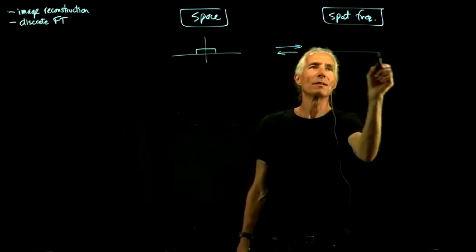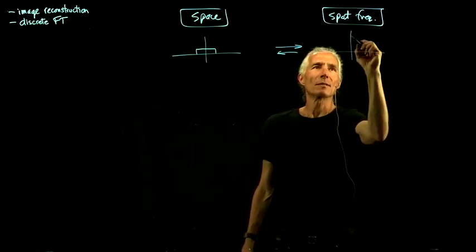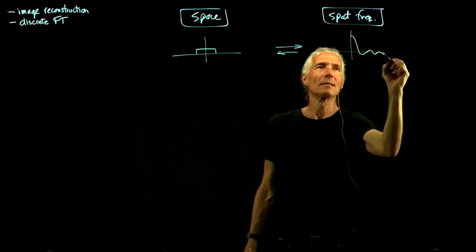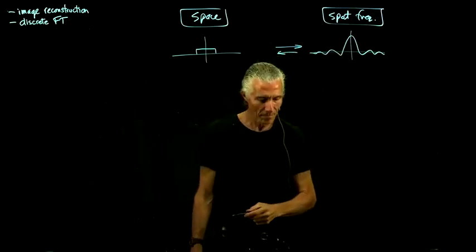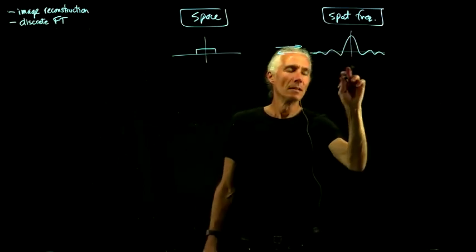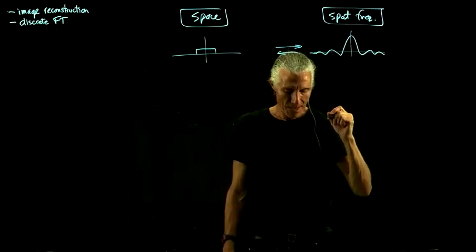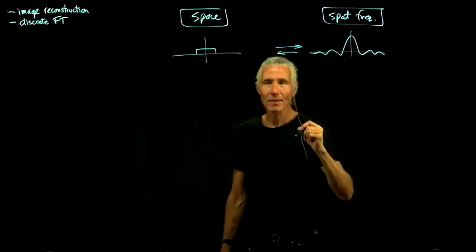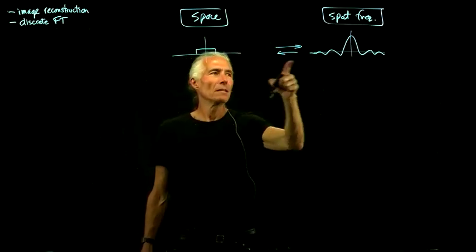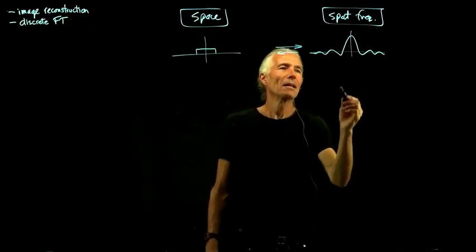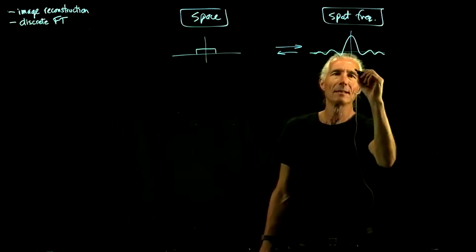If we just do a 1D Fourier transform of it, we get something that sort of looks like a sinc. If we take this thing and multiply it